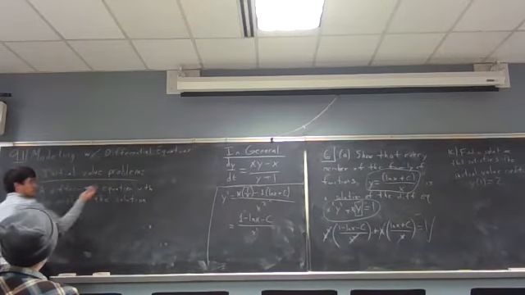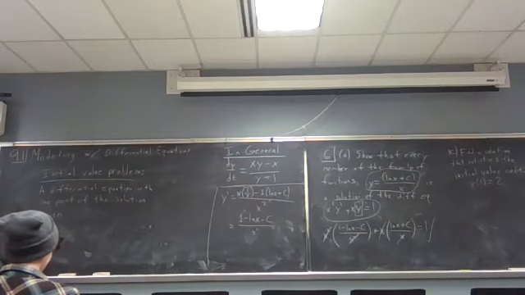Typically, the initial point, like y of 0. Sometimes we're not given that. Sometimes you're given y of 1, or in this case, it's y of 1, y of 2, or sometimes y of 37. I don't know. Depends on the problem, I guess. But in general, it's a differential equation, and then we're going to be given